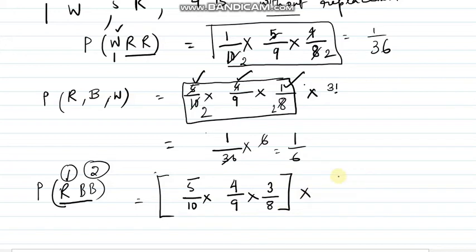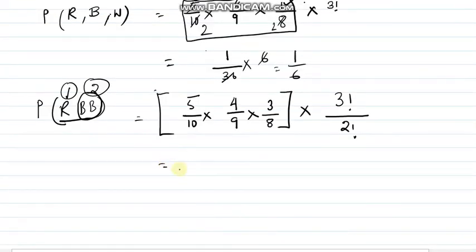How many ways can I arrange them? 3 factorial, right? No. It will be 3 factorial divided by 2 factorial because there are 2 alike balls. If you remember the concept of permutation and combination, you will understand. So now this is 1 by 2, 1 by 2, 1 by 3. So 1 divided by 12 into 3. So the probability is 1 divided by 4.